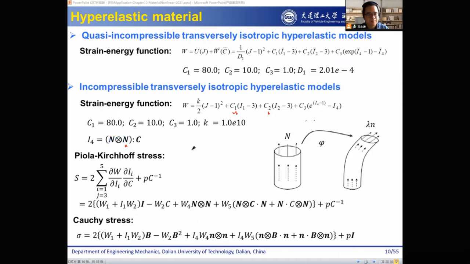The reason is that once you give the values for those parameters, the program puts them into those formulas and uses the formulas to derive the stress-strain relationship. That's the theory behind those